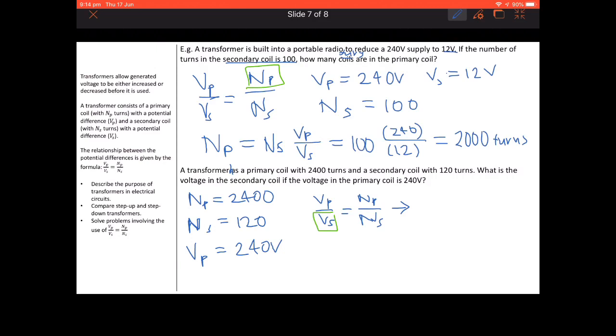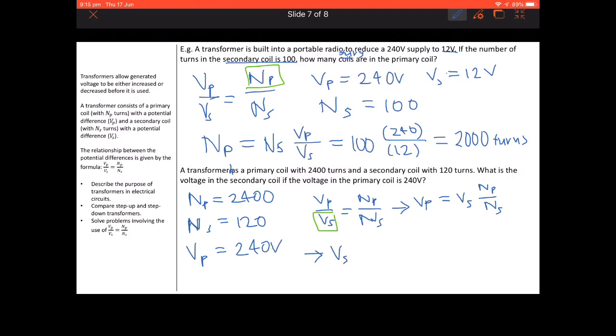You can just flip the fractions, but the long way of doing it would be Vp over Vs equals Np over Ns, and then you'd multiply both sides by Ns, so you'd end up with Ns Vp, and then you divide both sides by Np. So hopefully you can see you'd end up with